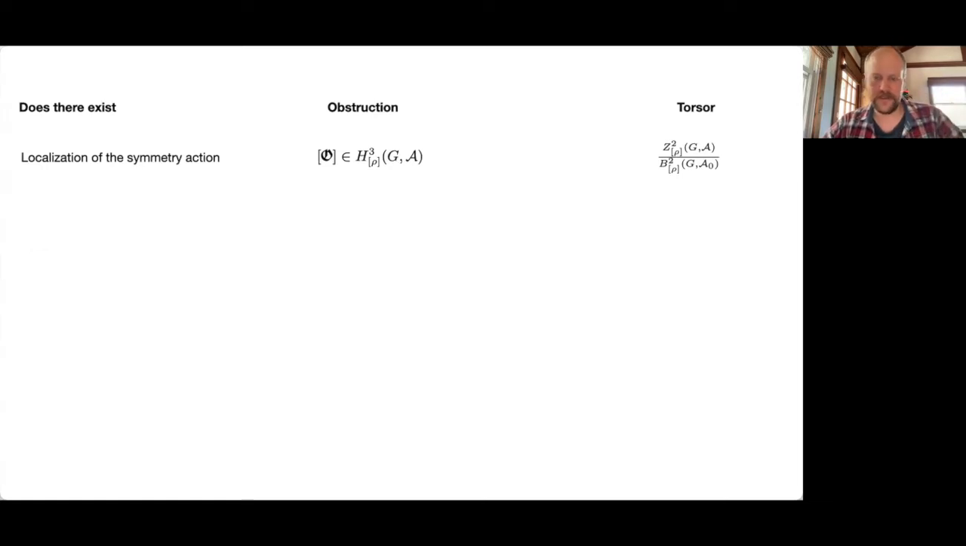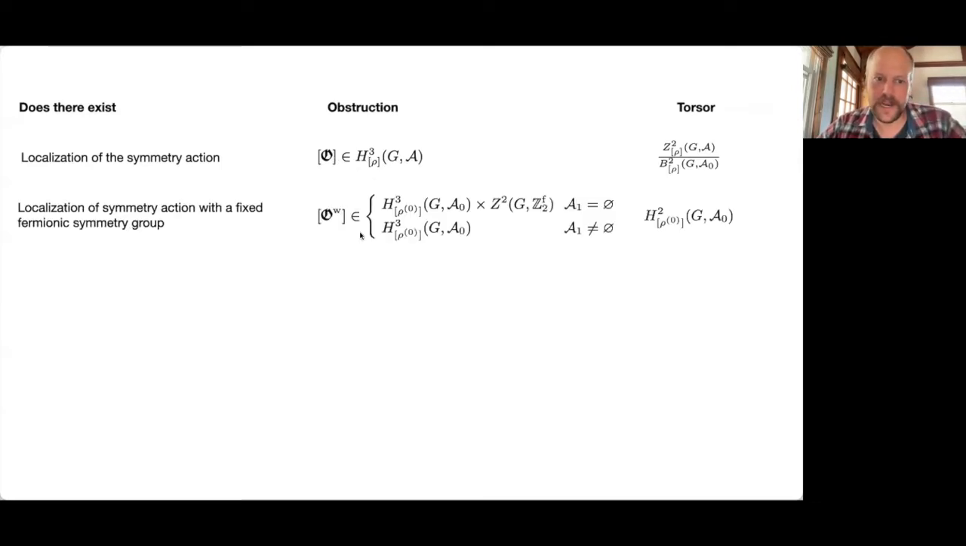So we're doing fully fermionic phases, and the table is organized as following. Does there exist? Some question. This is the obstruction, and then this is the torsor. So this is the one we just reviewed. It's basically the bosonic obstruction that we have used to describe our fermionic obstructions. Now we want to recategorize everything. So the next obstruction you find is,